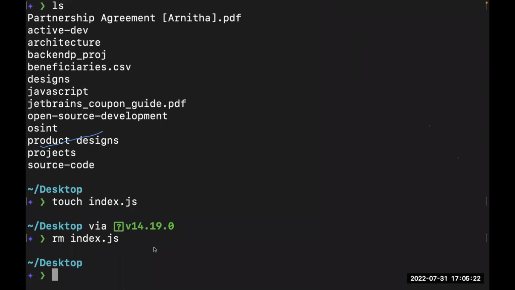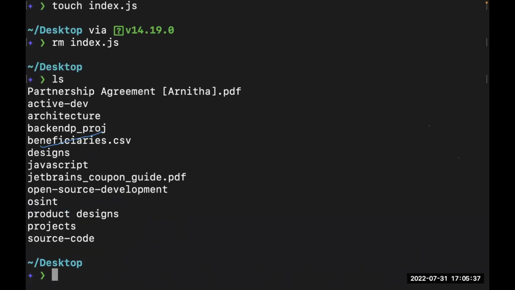The next thing we might consider right now is what if we don't want to create a file on the desktop? We want to create a folder and then put our file inside that folder. Well, there's a command for that. First off, let's list what we have here. So you see we have a bunch of files and folders. We want to create a new folder this time around. Let's call it bash_project, right? So I'm going to say mkdir, which stands for make directory, and we would say bash_project, right?